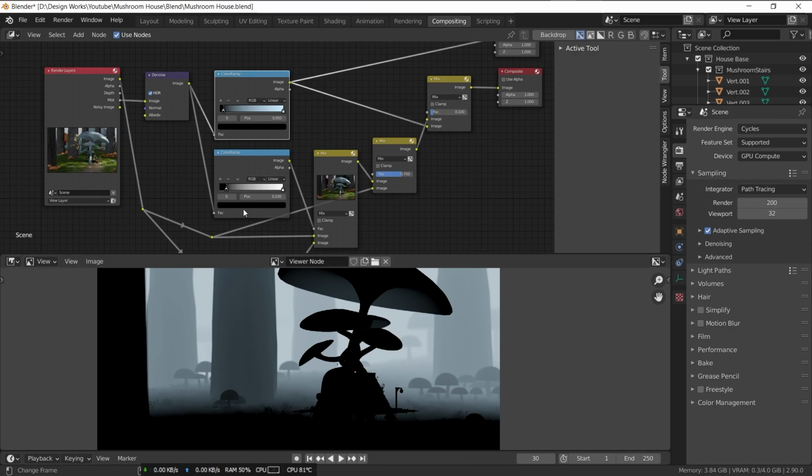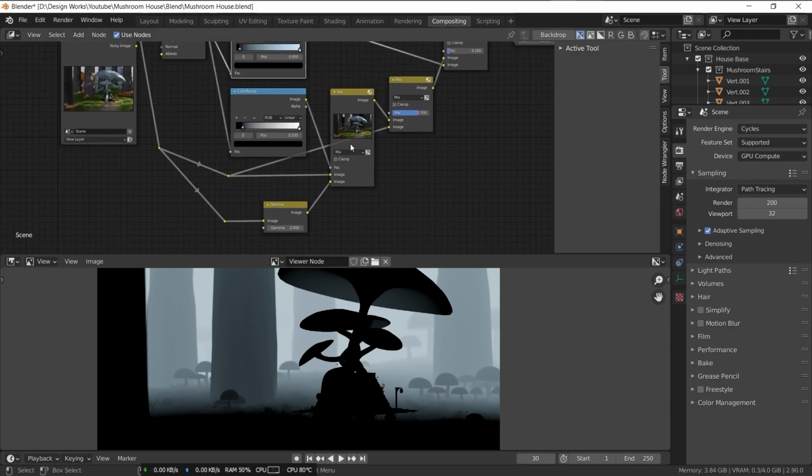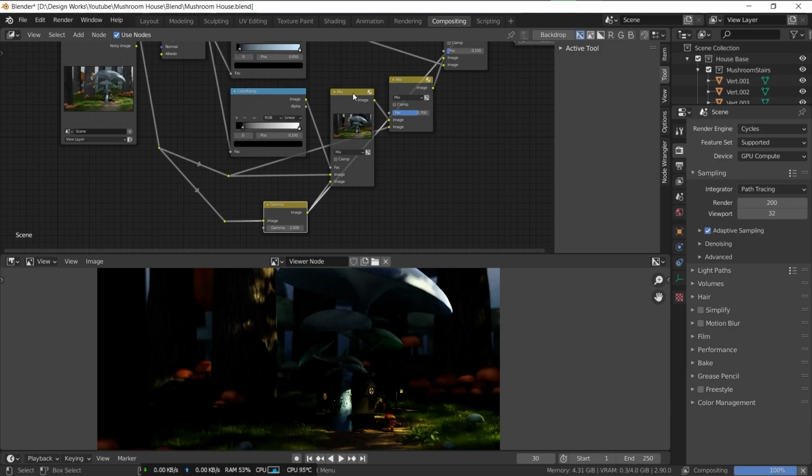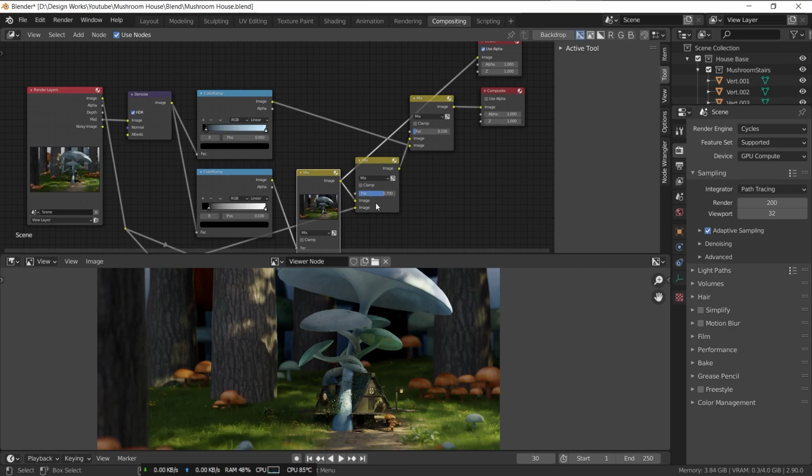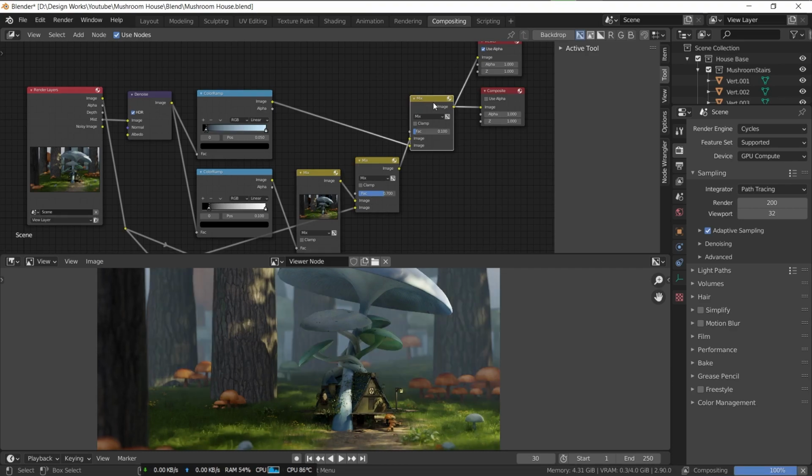I also add another color ramp that serves as the mask. I'm using a gamma node with a value of 2 and use the mask as a factor to a mix node to darken the background. Then I combine the mist and the darkened background using a mix node with a low factor value to add the background mist. After you're done with compositing, you can save the image either by re-rendering and saving it that way,